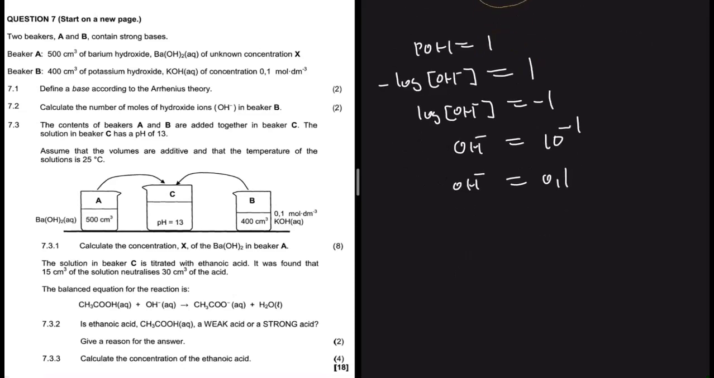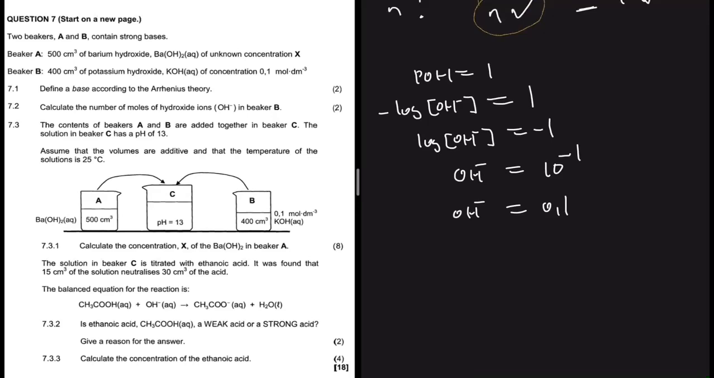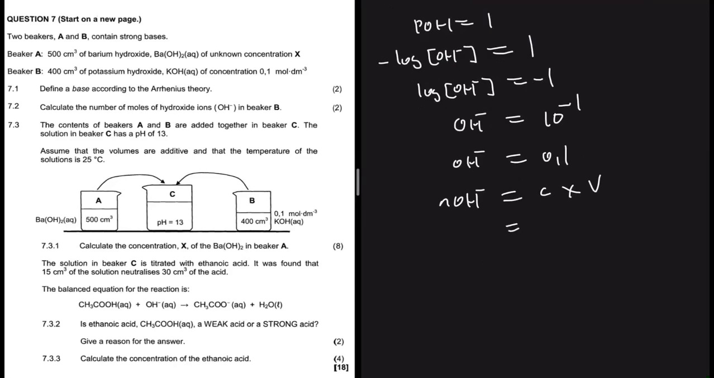So we have the concentration of OH minus in beaker C. Now we can find the number of moles, right? The number of moles of OH minus will be equal to the concentration multiplied by the volume. What's the concentration? It's what we just determined, 0.1. And then what's the volume? The volume is said to be additive, so we're going to add the volume of beaker A and the volume of beaker B. That will be 500 cm³ plus 400 cm³, divided by 1000. And if I put this in my calculator, I'm getting